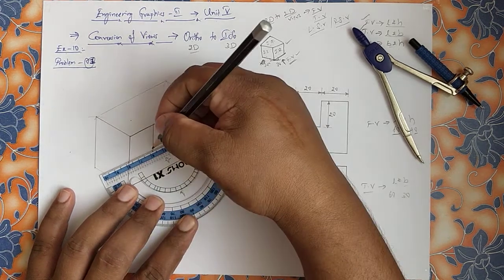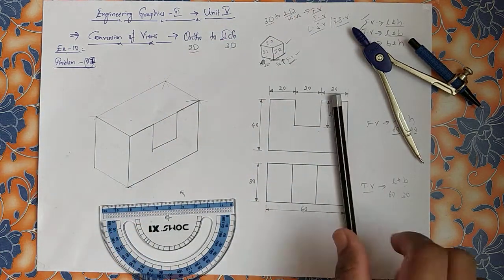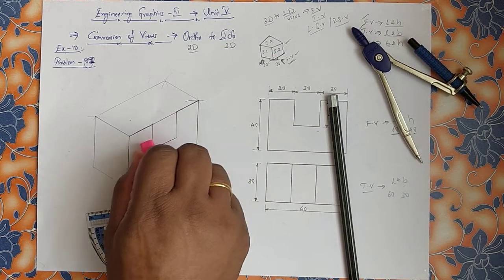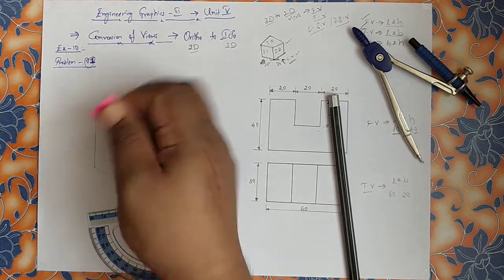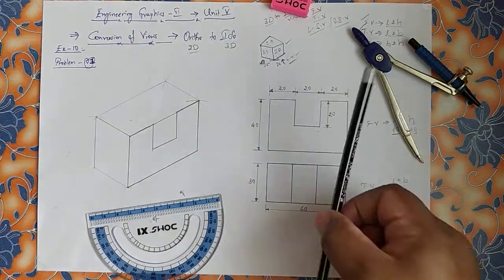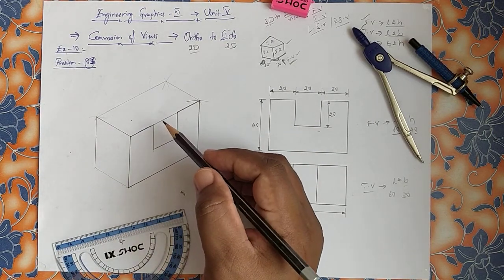for parallel. You will be missing the drafter, but you have to know the method of how you are drawing this. If any extra things come, you can remove them. Finally, this is your front view. Same we have it. This is the light line. You can erase it later.